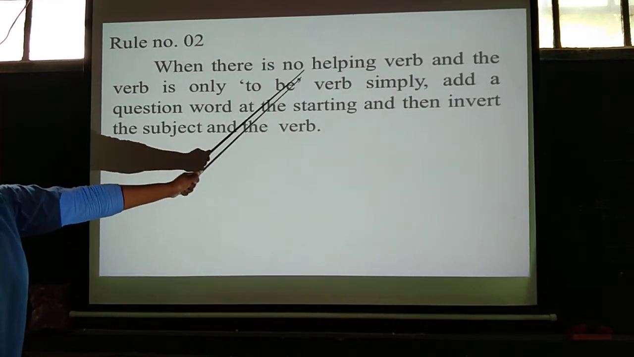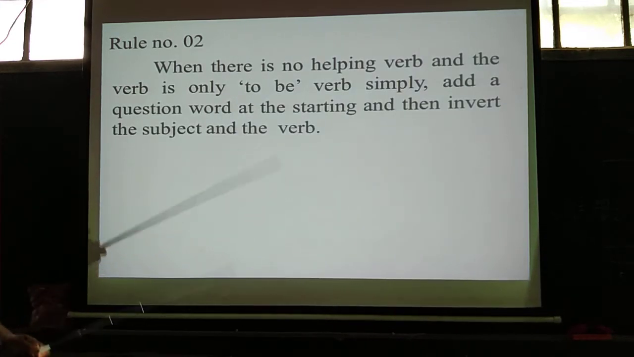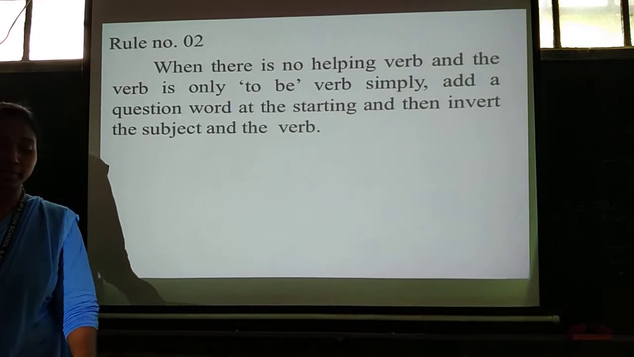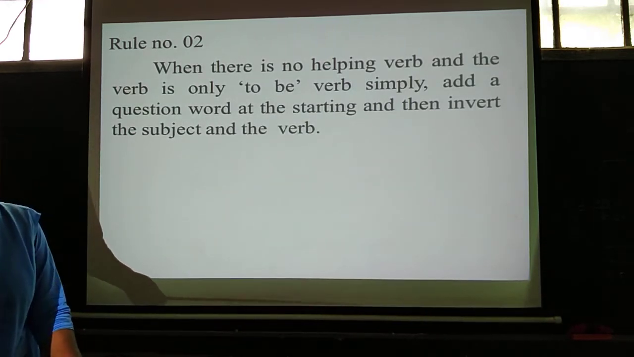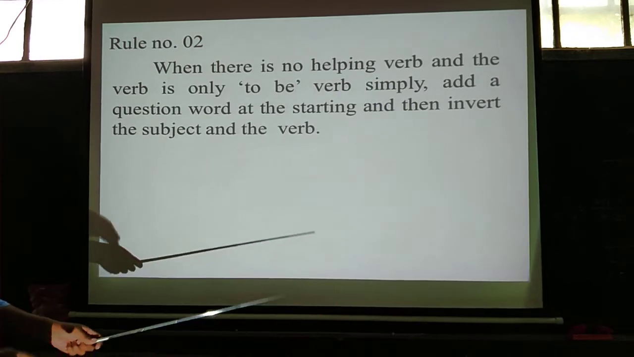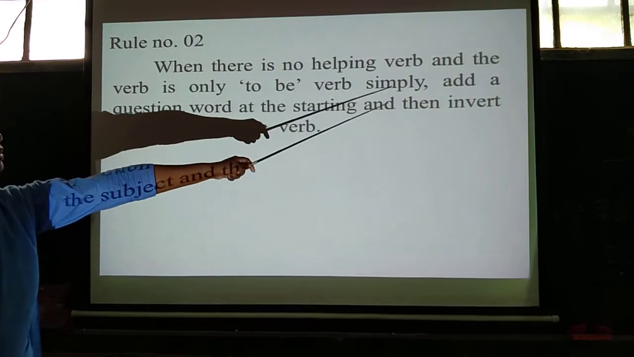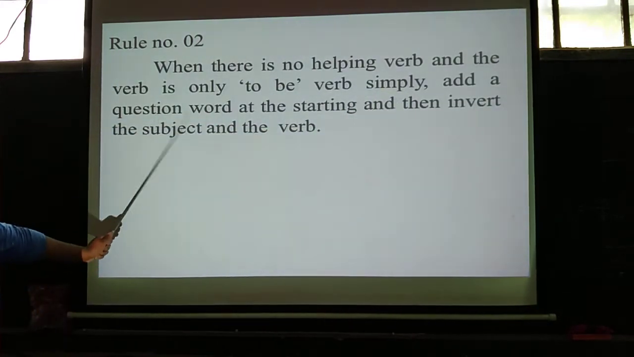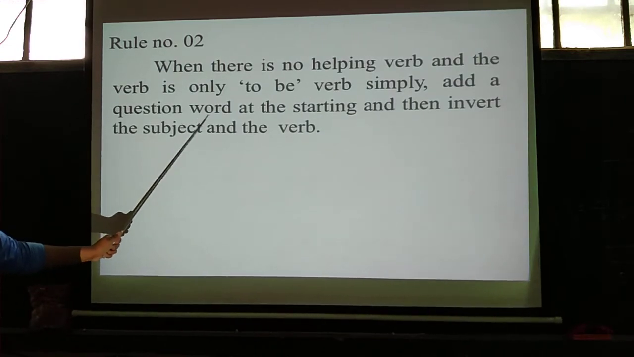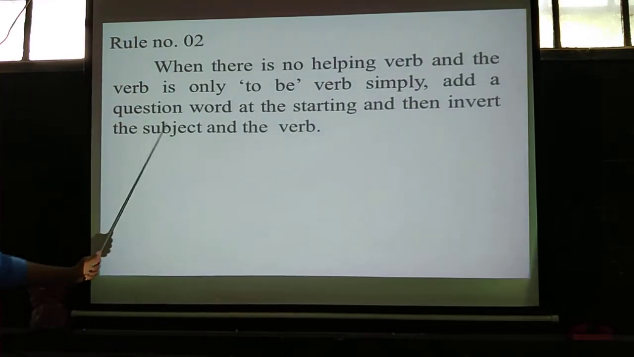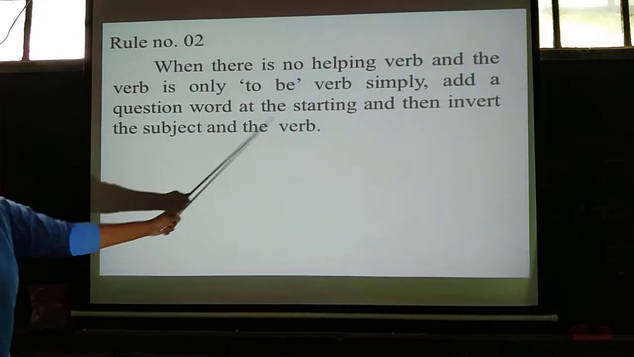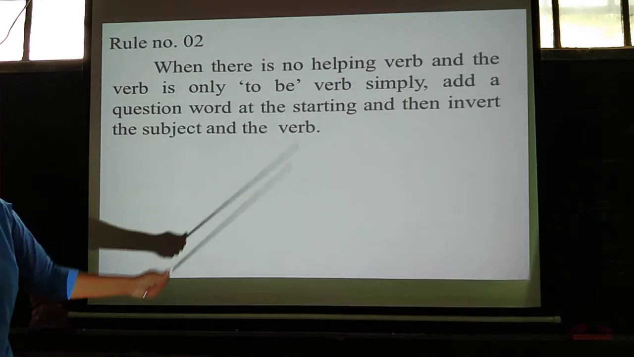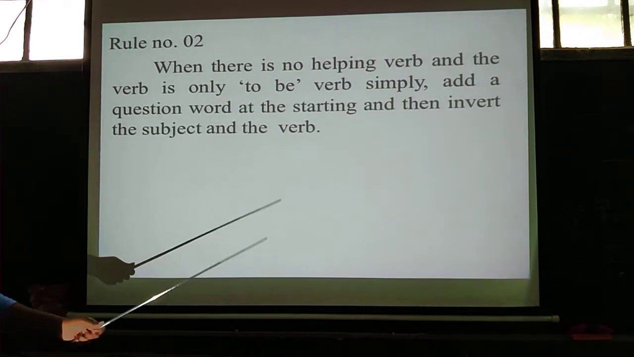বলছে when there is no helping verb, যদি ওই প্রেডিকেট অংশে যদি কোনো সাহায্যকারী ভার্ব না থাকে and the verb is only to be verb, যদি সাহায্যকারী ভার্ব হিসেবে ব্যবহার না হয় কিন্তু to be verb আমরা জানি am, is, are, was, were, এগুলোকে আমরা to be verb বলি। এই ভার্বগুলো শুধুমাত্র থাকে, সিম্পলি আমাদেরকে কি করতে হবে, অ্যাড এ কোয়েশ্চেন ওয়ার্ড, আমাদেরকে একটা প্রশ্নবোধক শব্দ বসাতে হবে অ্যাট দ্য স্টার্টিং, বাক্যের শুরুতেই, অ্যান্ড দেন ইনভার্ট দ্য সাবজেক্ট অ্যান্ড দ্য ভার্ব, তারপরে আমাদেরকে সাবজেক্ট এবং ভার্বের মধ্যে জায়গা পরিবর্তন করে দিতে হবে।